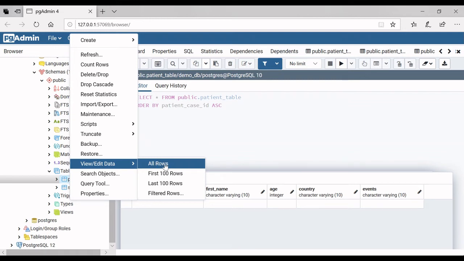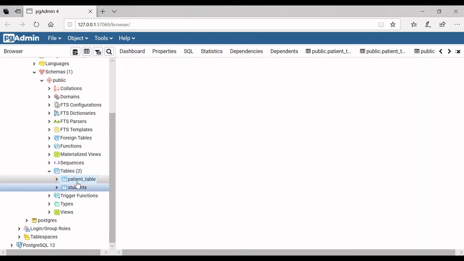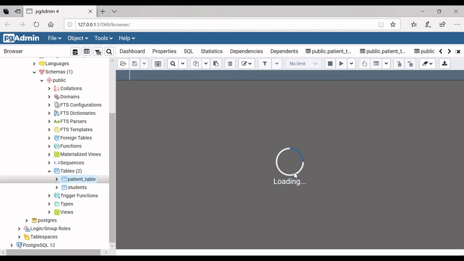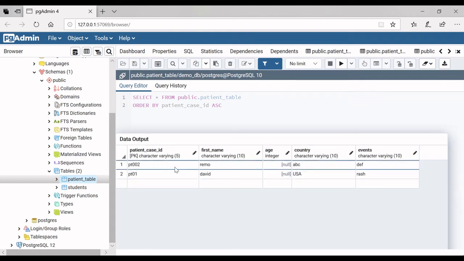When you click on this, it will automatically fetch all the rows inside this patient table. It is still loading. See guys, all the rows have been inserted.